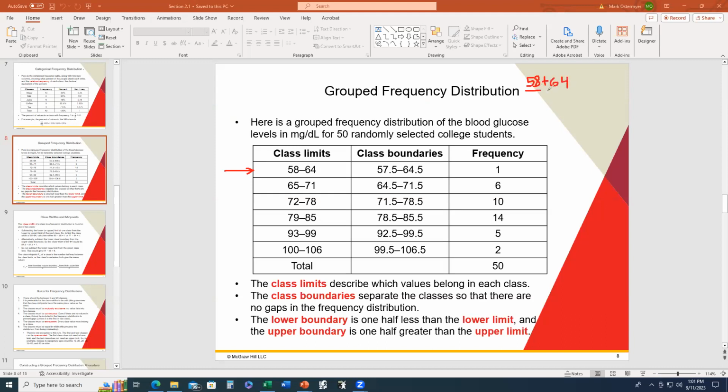Okay, and what does that give you? Anybody got a calculator? 61. Or you could determine the midpoint by taking the average of the lower and the upper class boundary. So 57.5 plus 64.5 divided by 2. And what do we get? 61 again. Is that clear as to how we can generate midpoint values,